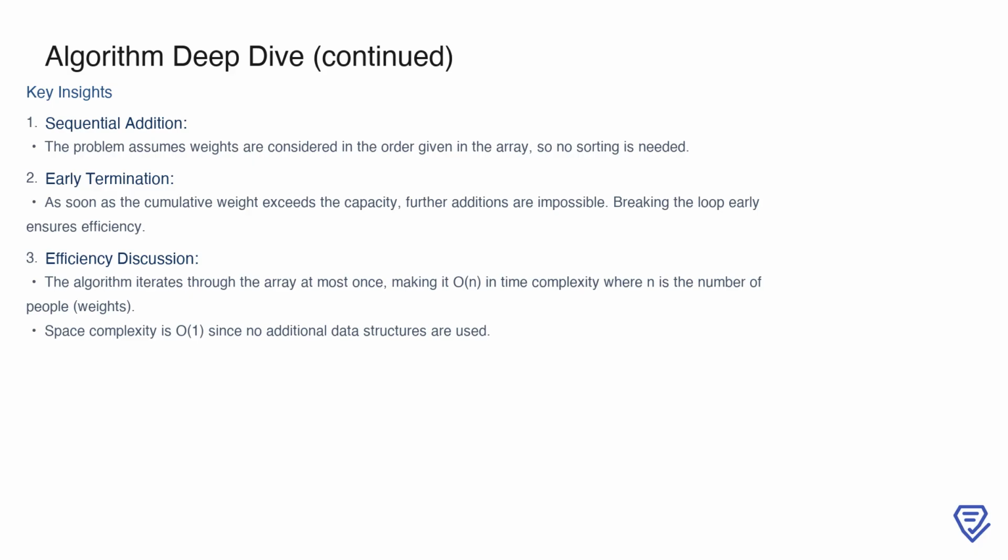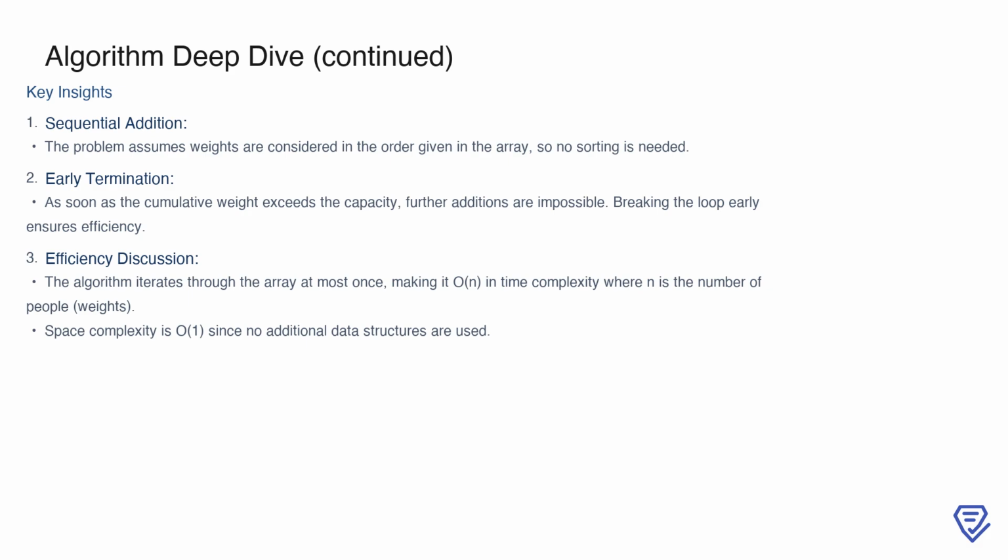First, it operates under the assumption that the weights are considered in the order they appear in the array, meaning there's no need to sort them. This helps keep the algorithm simple. Second, the ability to terminate the loop as soon as the maximum weight is exceeded adds to its efficiency, as